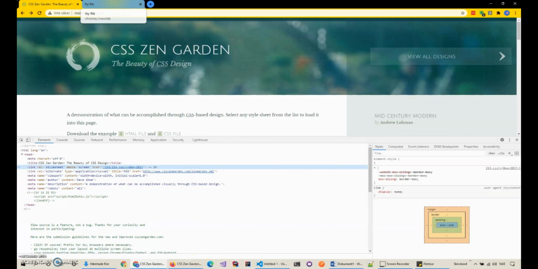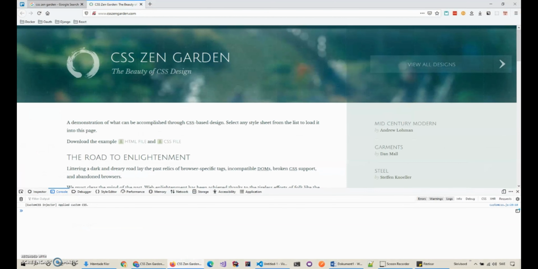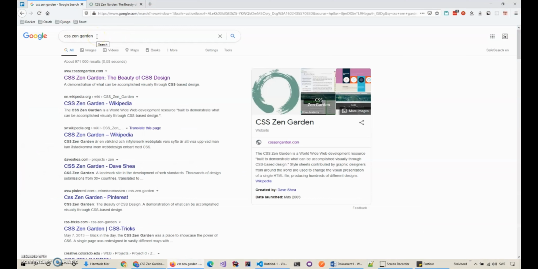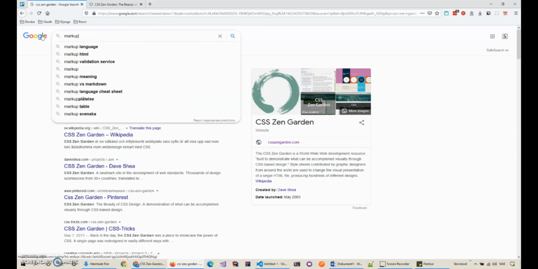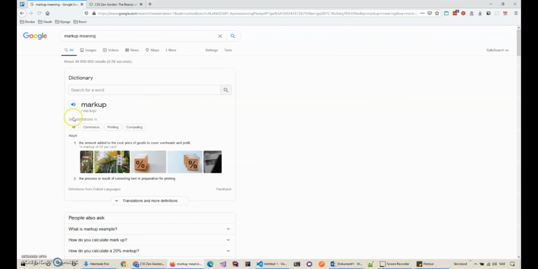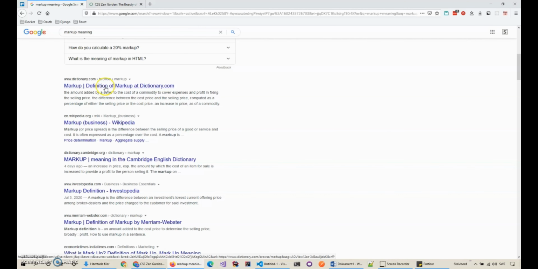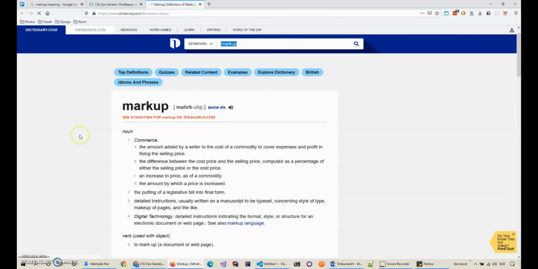But first we can look up, for example, what is HTML? It's short for hypertext markup language. So it's markup. What does the word markup mean?